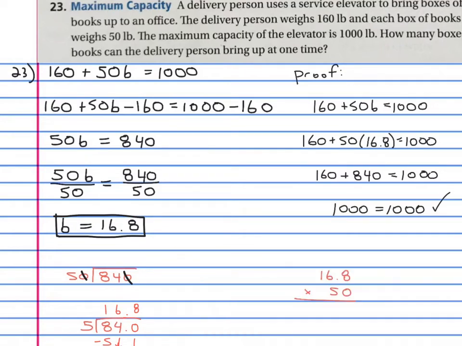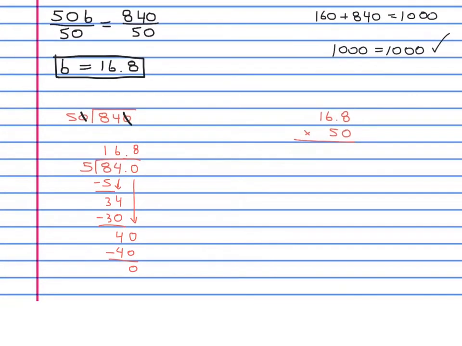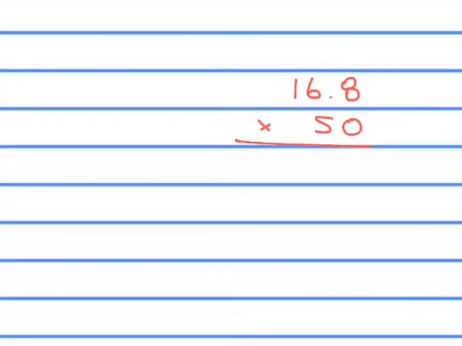Okay, now let's do this math down here. I'm just going to move this up and let you see the math. If you do 16.8 times 50, you say 0 times 8 is 0. And in fact, if we did 0 times 6, we'd get 0. 0 times 1, we'd get 0. And that just gives us a bunch of zeros. So when we're adding, remember the identity property of addition. If you add 0, it doesn't change it. So I'm not actually going to do this step. We don't need that. We know that the 0 is going to just result in a bunch of zeros, and